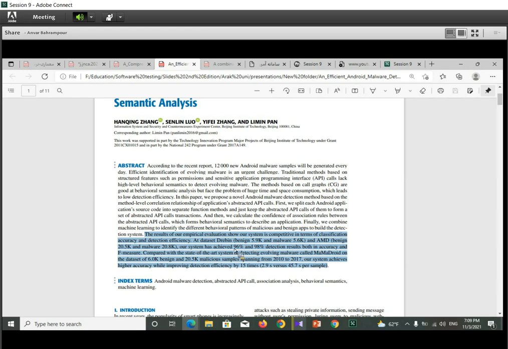So these results are probably better than the others in the context of malware detection approaches.